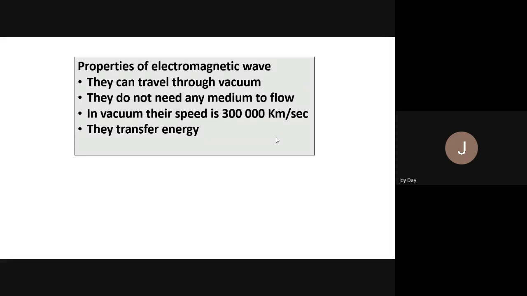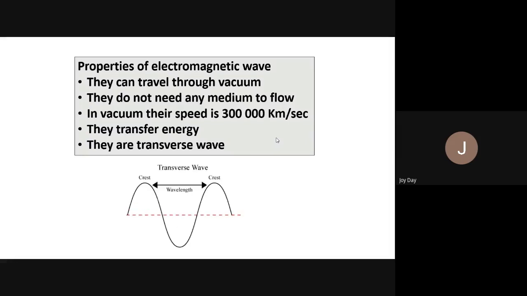So light which we can see is an electromagnetic wave. Therefore, it is carrying which type of energy? Electromagnetic energy. The very final thing is it is a transverse wave. We have learned there are two types of waves, transverse wave and longitudinal wave. Our electromagnetic wave falls inside the category of transverse wave, which are like this. Okay,